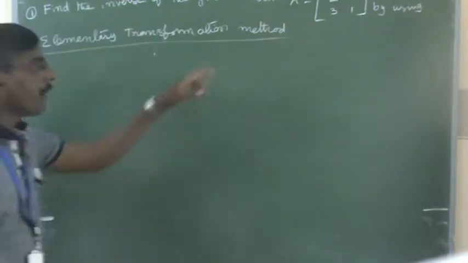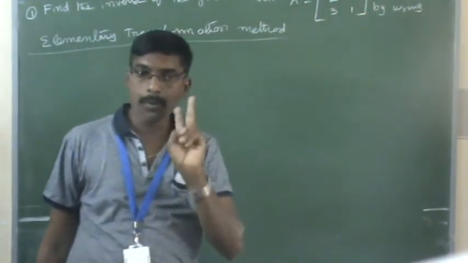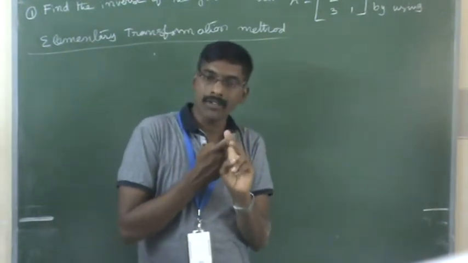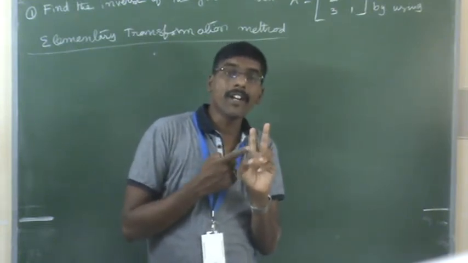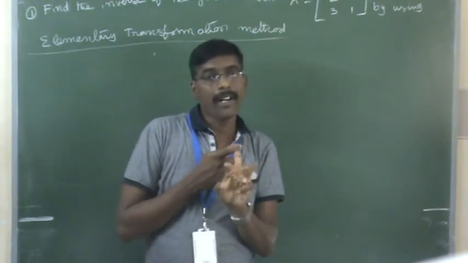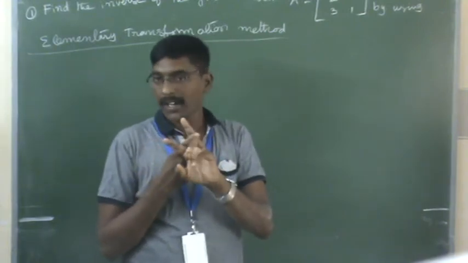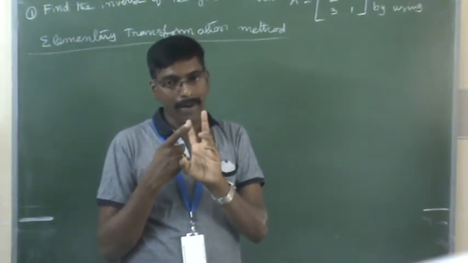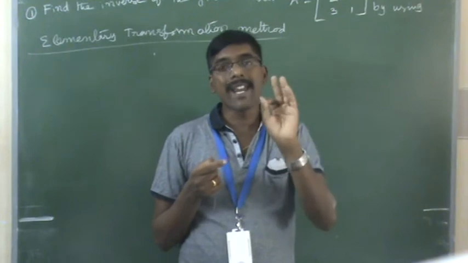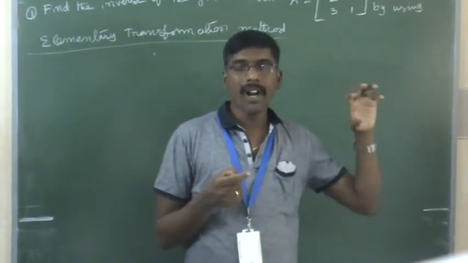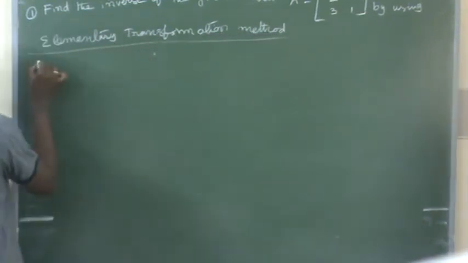They are giving a 2 by 2 matrix, 2 rows and 2 columns. To find the inverse of the given matrix by using elementary transformation we have two methods. One is elementary row operation, another one is elementary column operation. Whether you find the inverse of the given matrix by using elementary row operation or elementary column operation, we will get the same answer, there is no doubt about it. But the calculation and simplification will be different, that's all. So to find this matrix answer, see that very clearly.